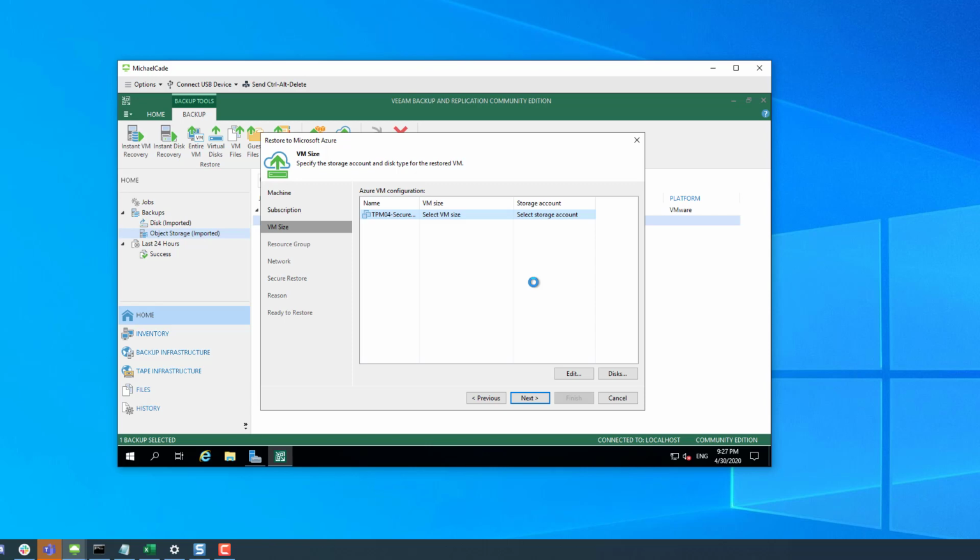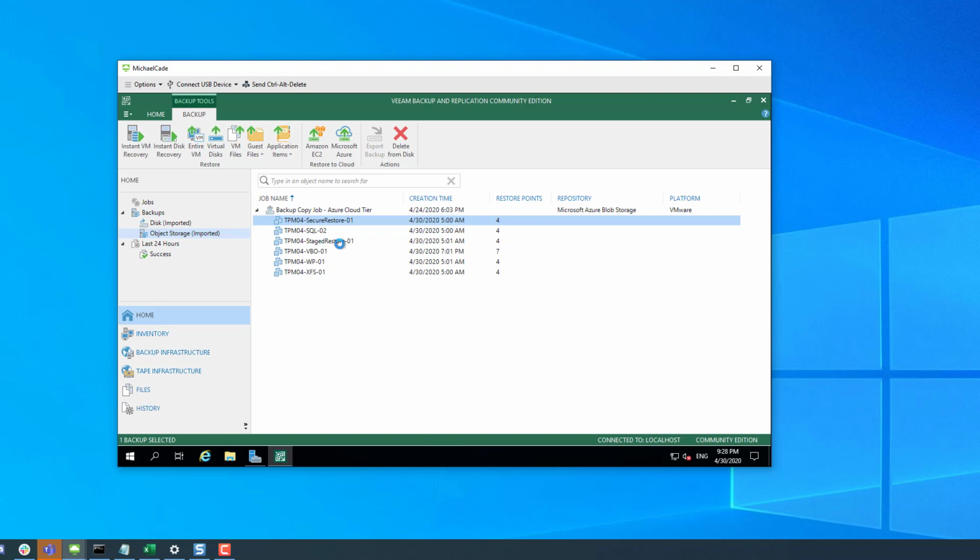This same process will work the same in AWS. I actually have a similar setup in AWS, where I have a VBR server sat up there that's actually powered off, the same as this one normally is already powered off, and it just enables me to quickly spin up so that I can perform this direct recovery or this direct restore, just in case I need copies of data that are inaccessible from an on-premises point of view. I think with that we'll